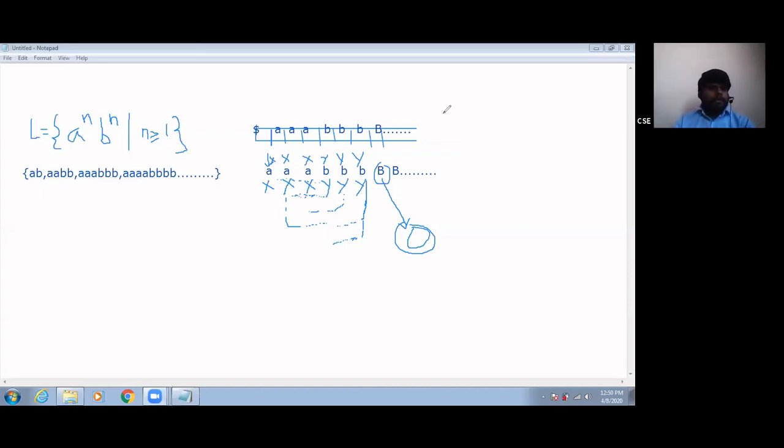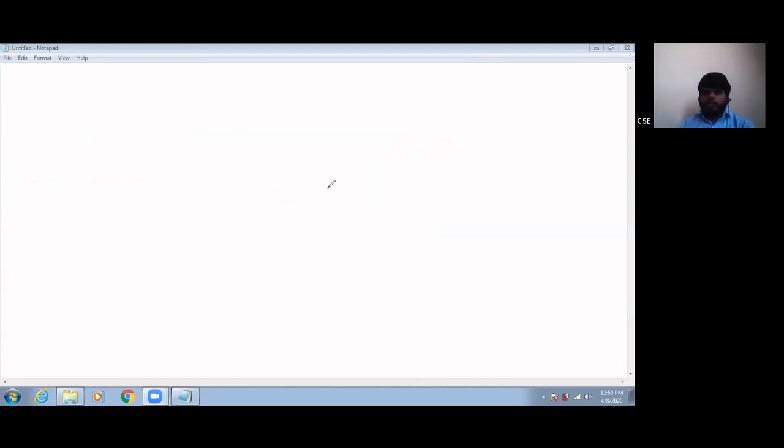Now, simple, the same language, right? The same language. This is the logic I have developed, right? In order to construct the Turing machine, you have to first write the input tape. Input tape is very important. It will take just only 10 to 15 minutes. Please try to be there. What I'm doing is, I am taking the language. We know that language is the same language.